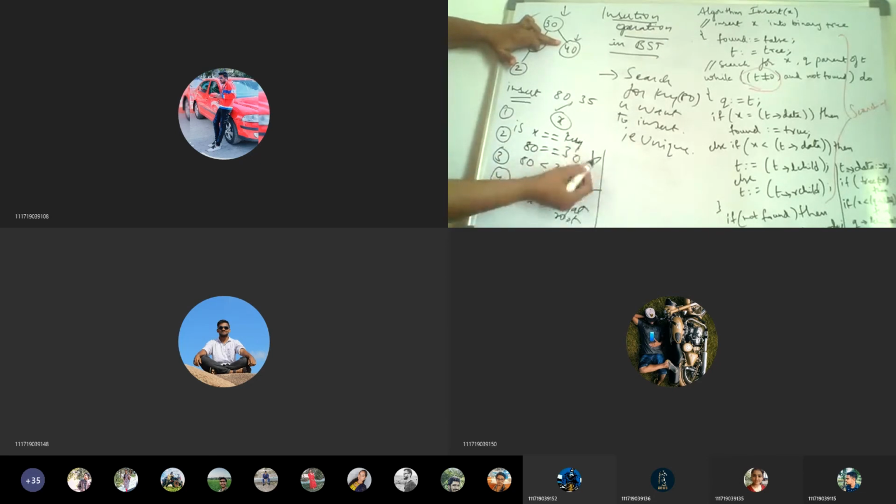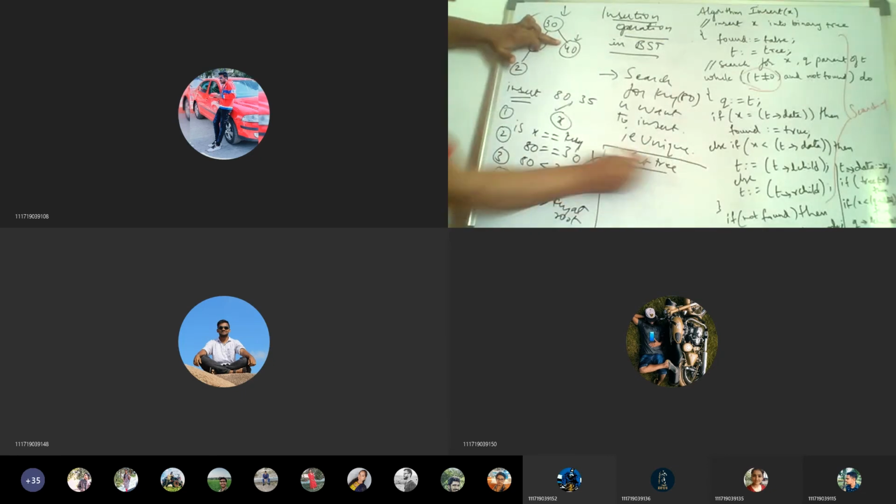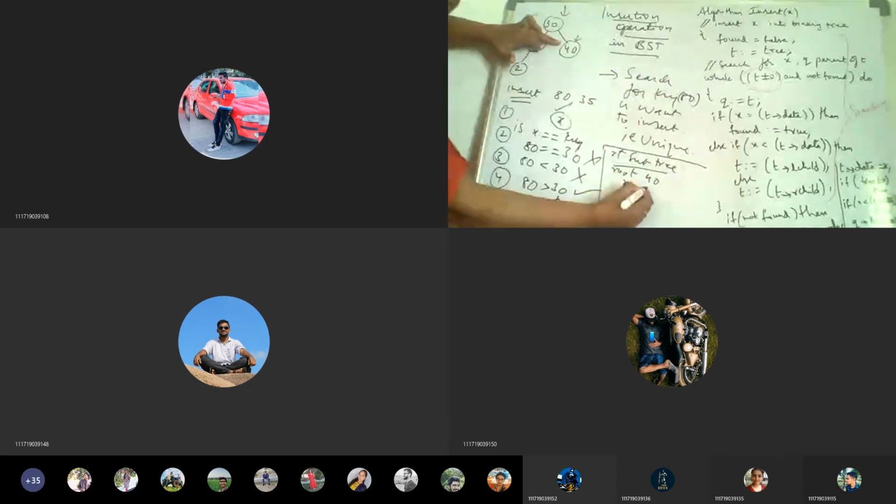In the second iteration, since we are moving to the right subtree, our root will be 40 and our x is 80. Same conditions here. Is 80 equal to 40? No. Is 80 less than 40?